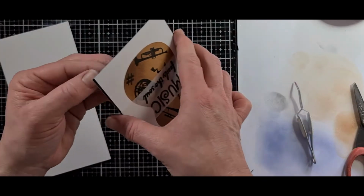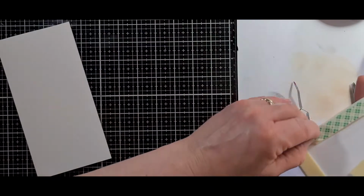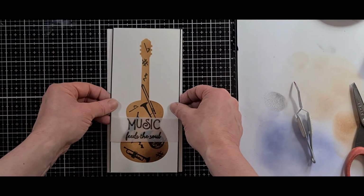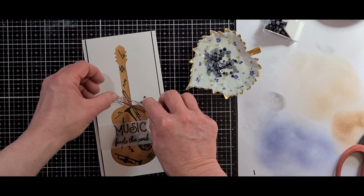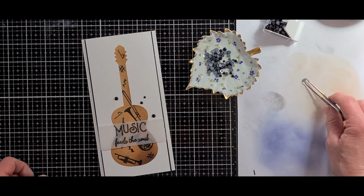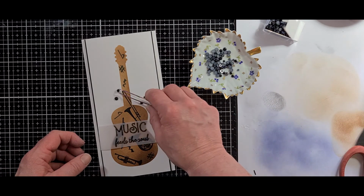And sorry, the measurements for my first card, it's a regular A2 size card. So the card base is 4¼ by 5½ inches, and on my stencil piece, it was trimmed down to 4 by 5.25 inches. Now to finish off this card, even though it is more masculine feeling, I still want to add a little bit more to it,